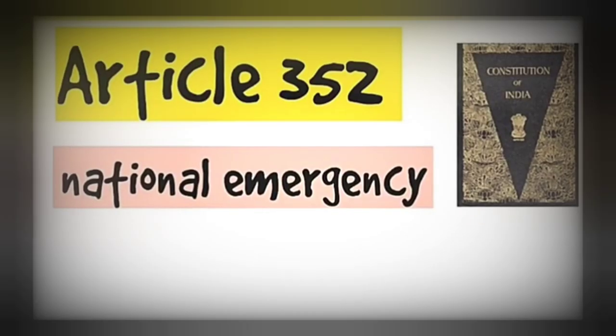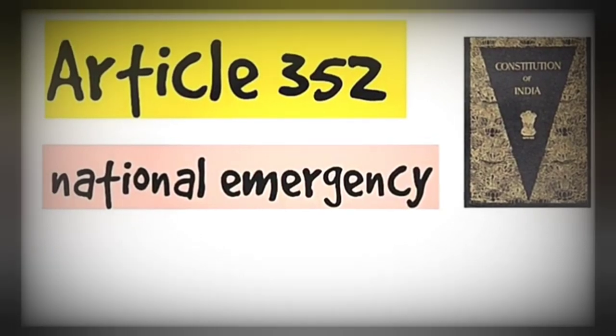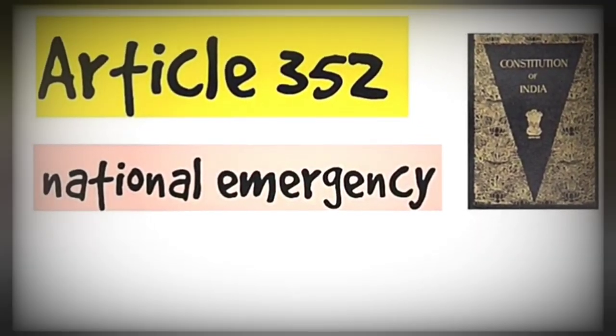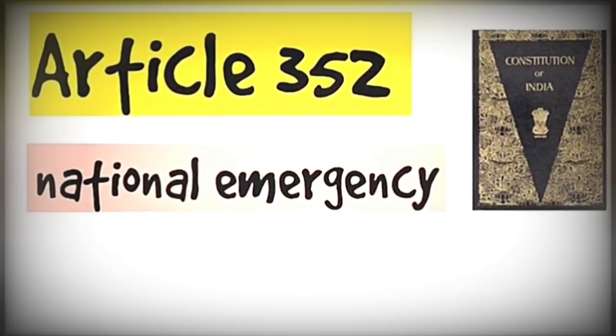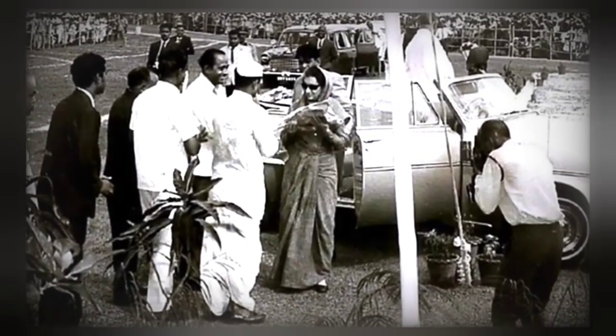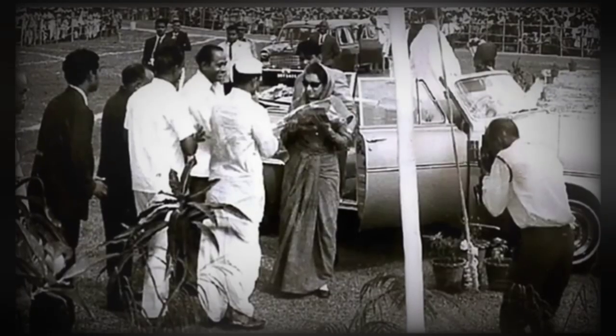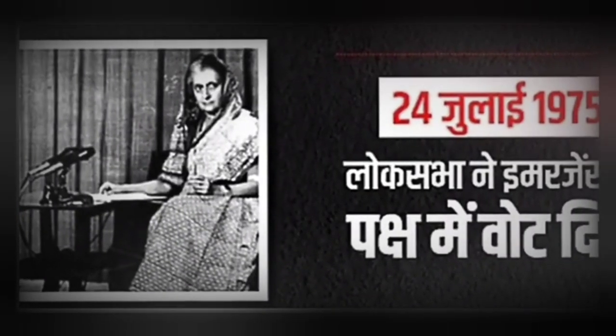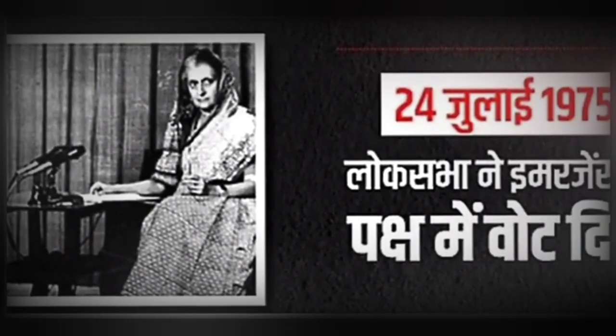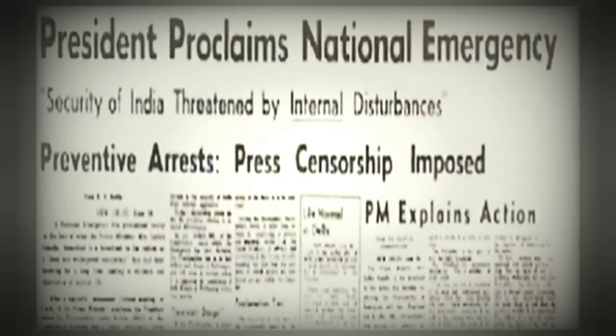The order for imposing emergency was issued by the then President of India, Fakhruddin Ali Ahmad, under Article 352 of the Indian Constitution. He cited internal disturbances as the reason for invoking the order, cancelled elections and gave Prime Minister Indira Gandhi unprecedented powers. The Indira Gandhi government also reasoned that there were threats to national security which required such measures, but many believed that